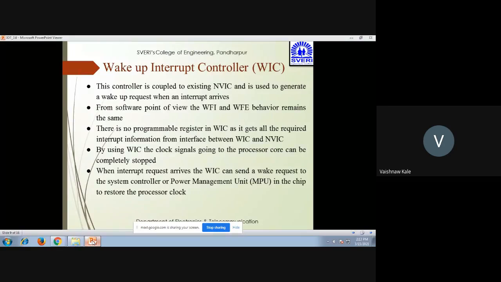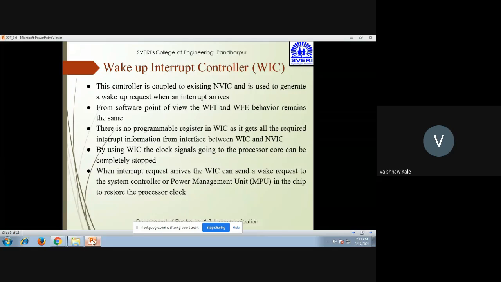Actually there is no programmable register in the WIC, and in order to get all the required interrupt information, it gets it from the interface between WIC and NVIC. By using the WIC, the clock signal of the processor can be completely stopped.